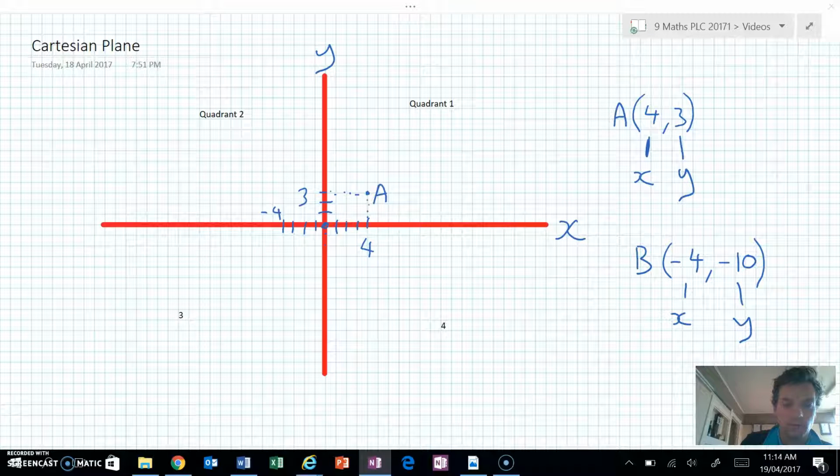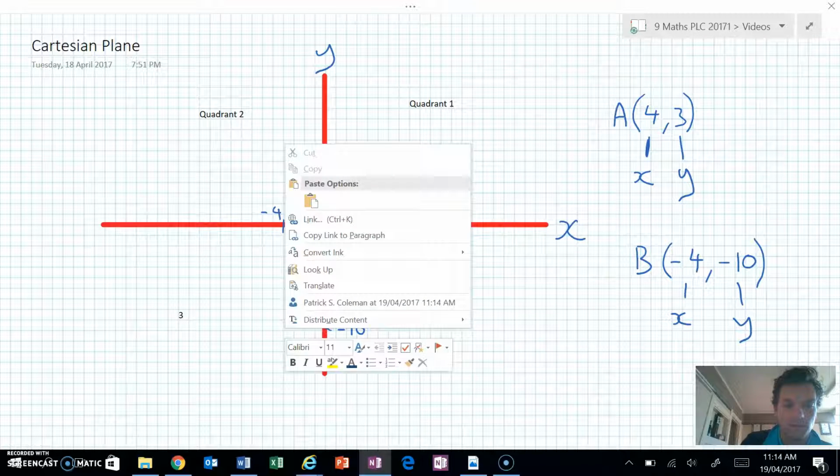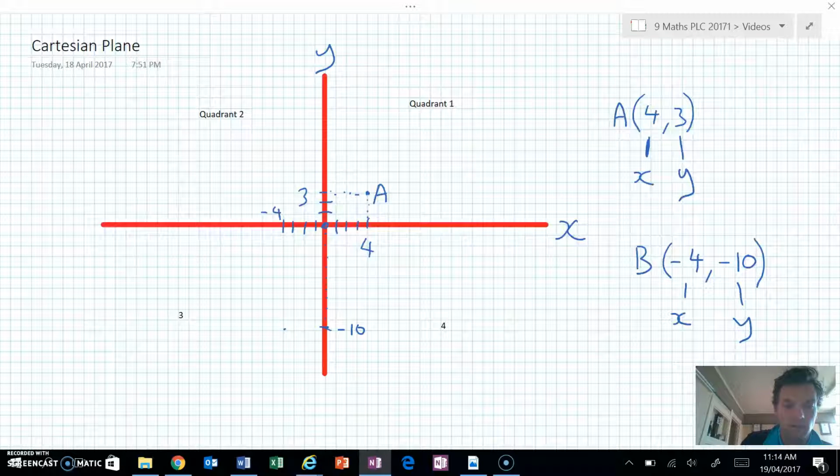So 1, 2, 3, 4, 5, 6, 7, 8, 9, 10. So that's -10. We go out to the point where they both meet, and that puts us here. That puts us there. So that's our point B on the graph. So if we're now going to use our previous knowledge that we learned about quadrants, we could say that point A is in quadrant 1 and point B is in